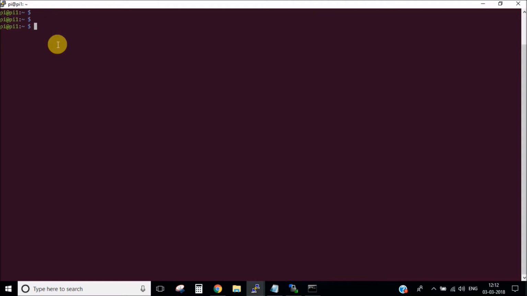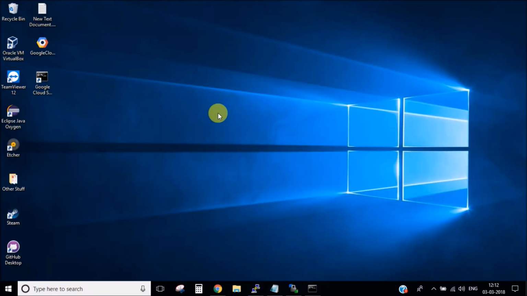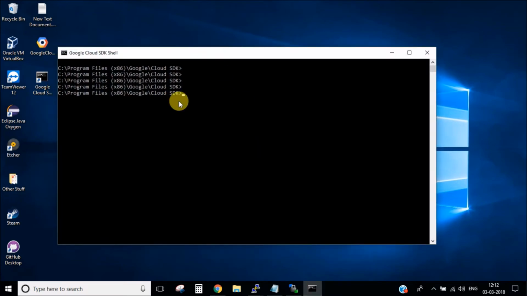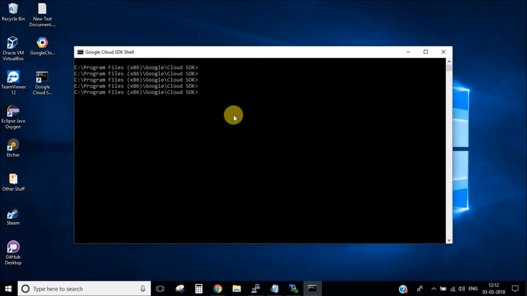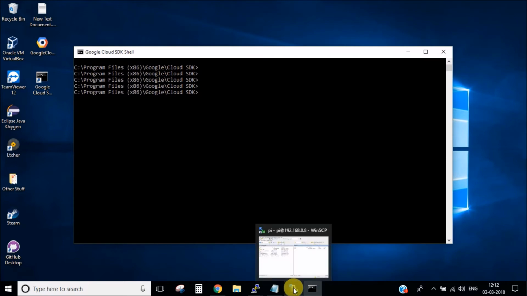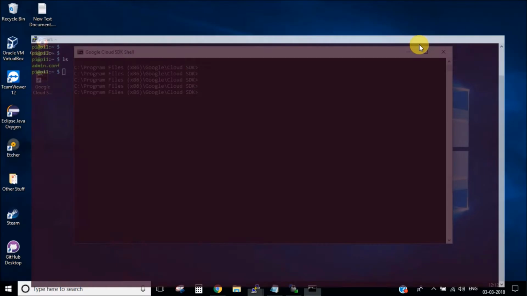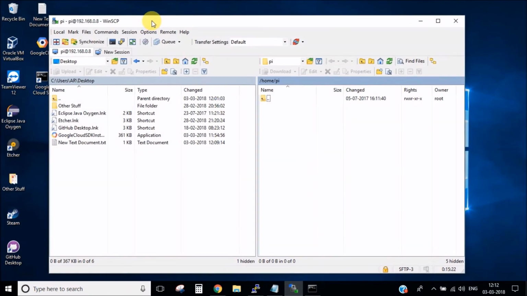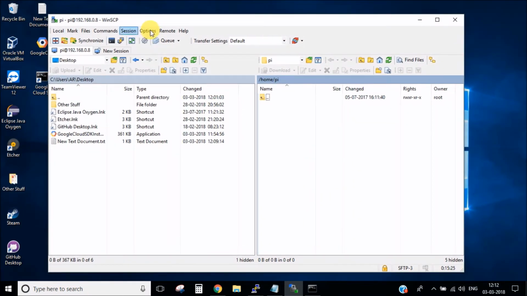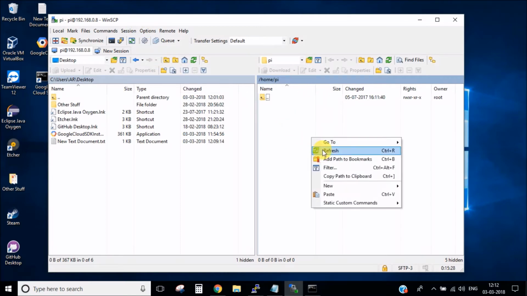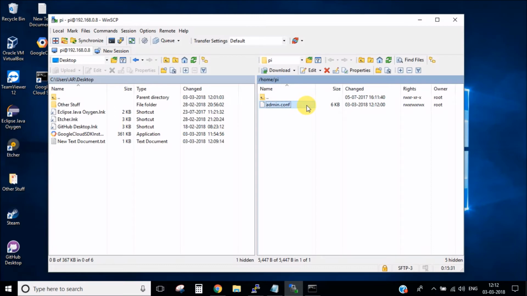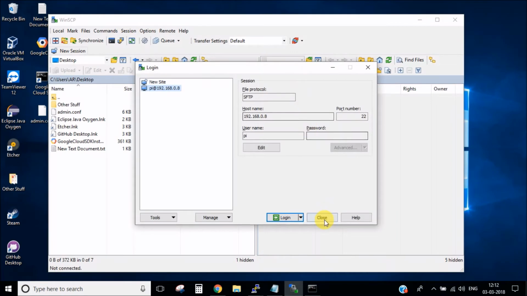Now I want this admin.conf file to be locally present on my Windows laptop, and then from this Google Cloud shell, I'll give the path to that admin.conf file, and then I can easily access my cluster from my Windows laptop. To copy the file from my Raspberry Pi to Windows, I'm using this WinSCP software. I'll share the link in the description. I've connected my Raspberry Pi here, and you can see this is the admin.conf file. I'll simply drag and drop it to my desktop,